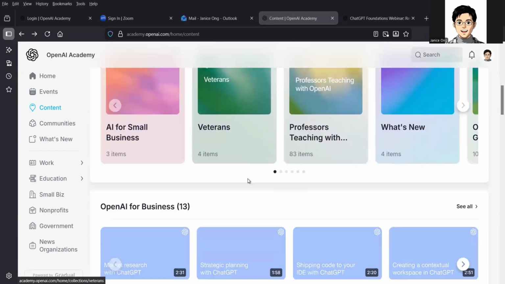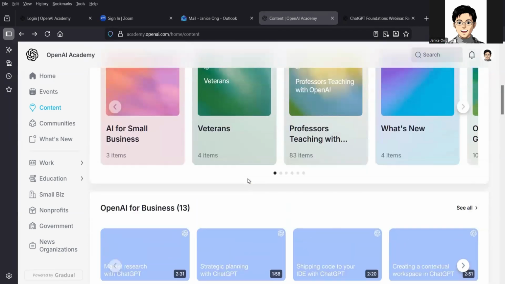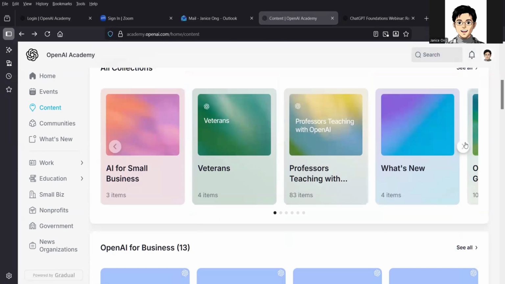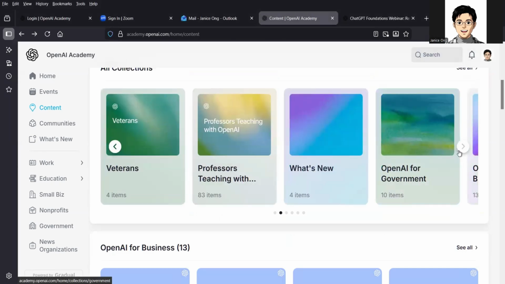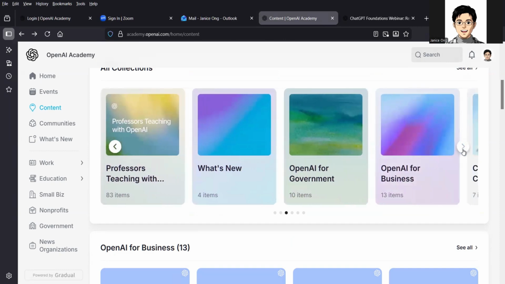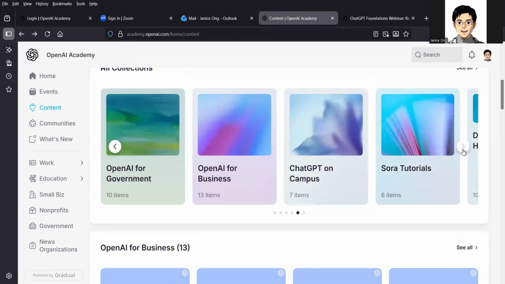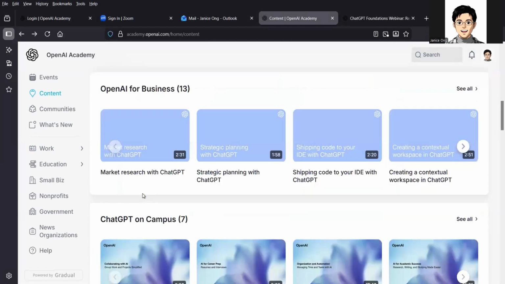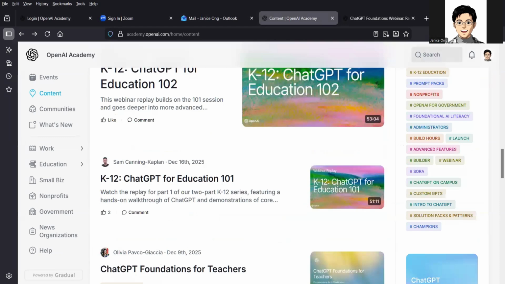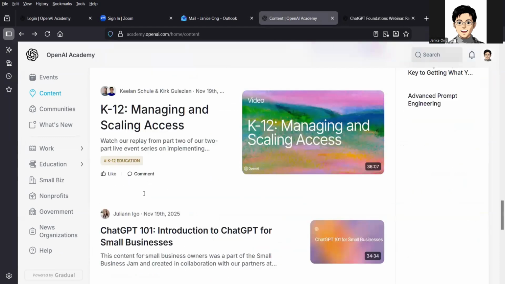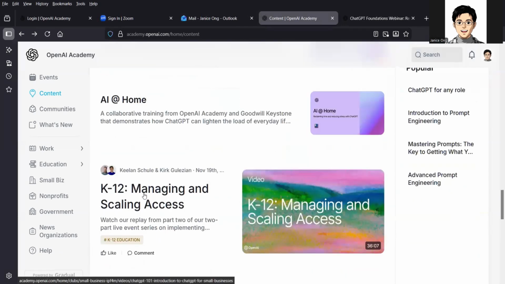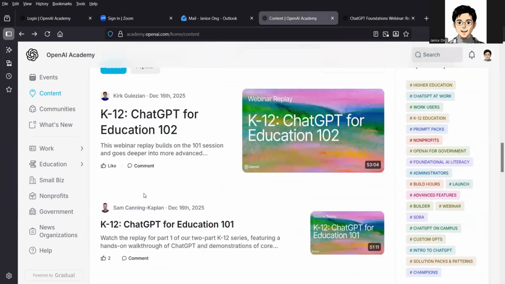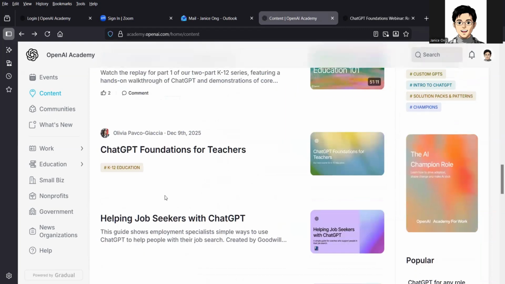Okay, the collections: professors teaching, OpenAI veterans, AI what's new, government, OpenAI for government, OpenAI for business. Sora tutorial. Okay. And just for this, you can actually watch these AI classes that are over.